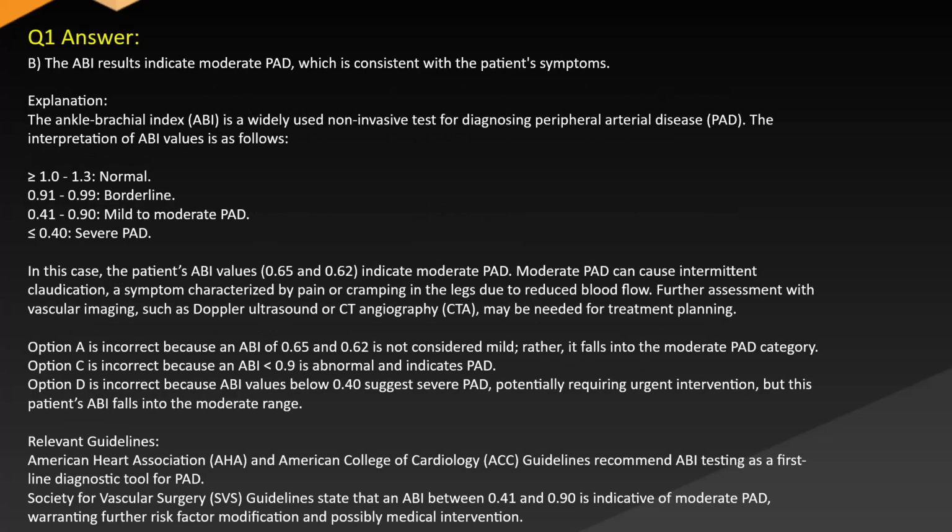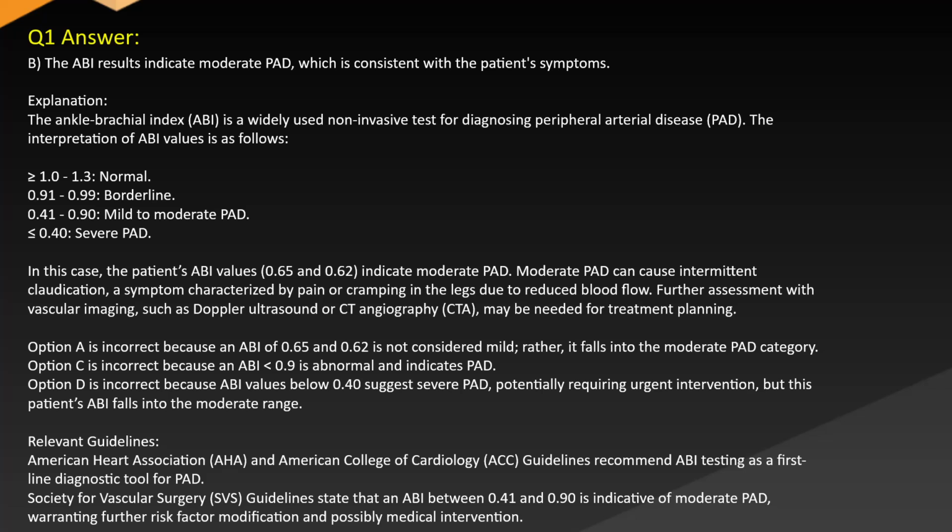Answer: B. The ABI results indicate moderate PAD, which is consistent with the patient's symptoms. Explanation: the ankle brachial index (ABI) is a widely used non-invasive test for diagnosing peripheral arterial disease (PAD). The interpretation of ABI values is as follows: 1.0 to 1.3 is normal, 0.91 to 0.99 is borderline, 0.41 to 0.90 is moderate PAD,